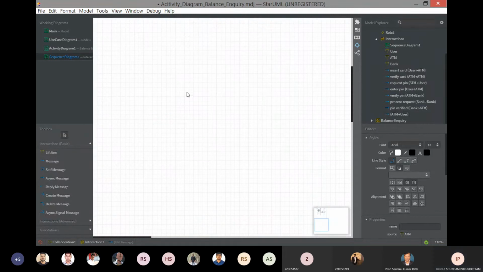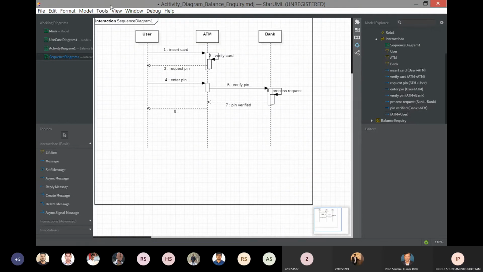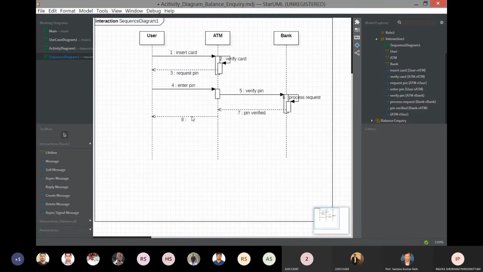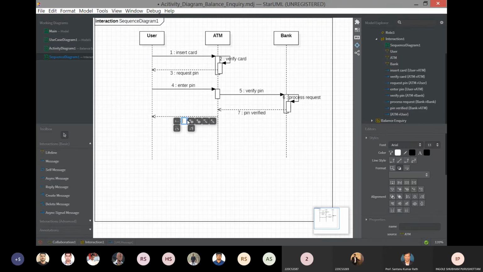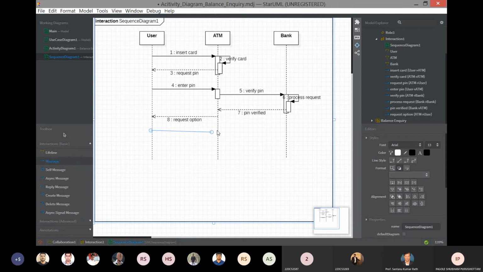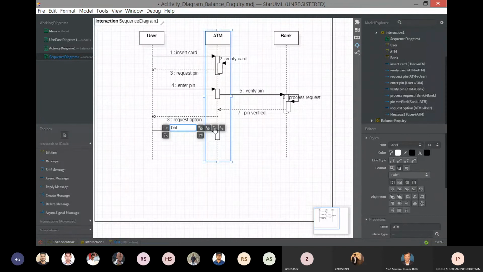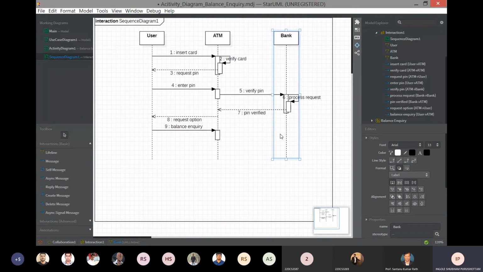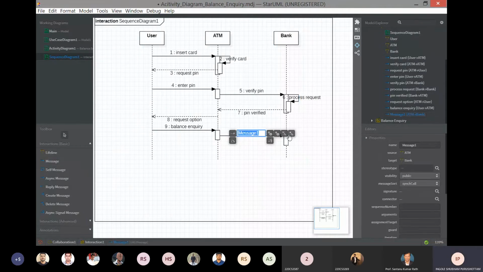It will request for the option. Then I will select balance inquiry. Then it will request balance.